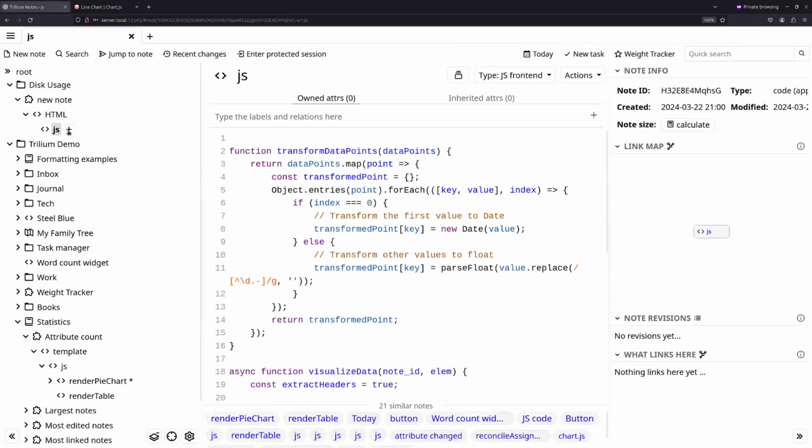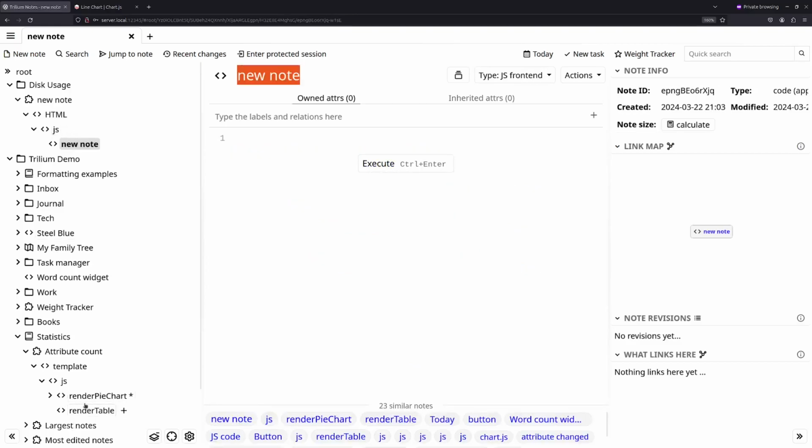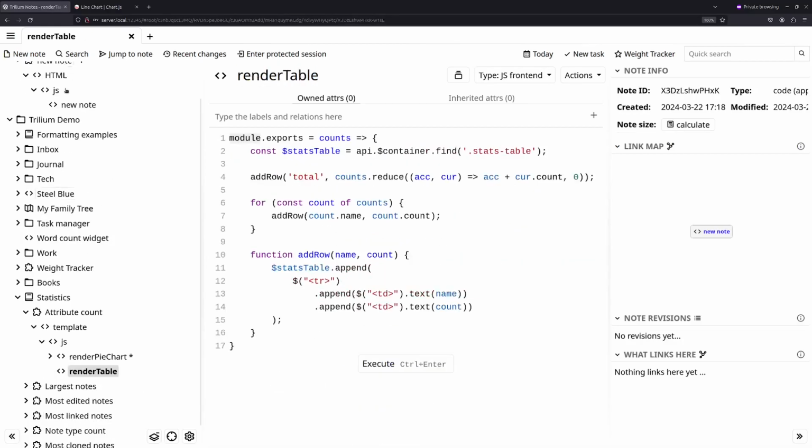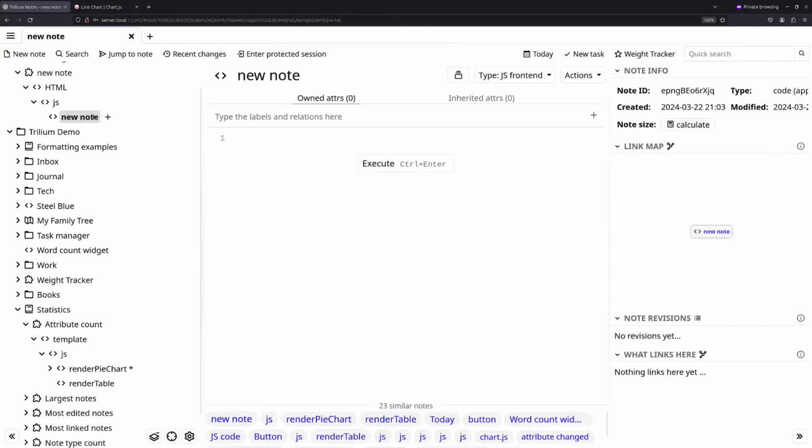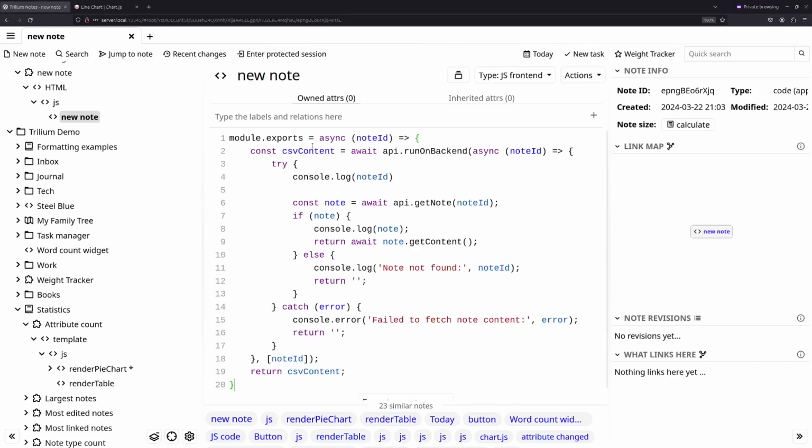And now the next step is to create the files that are like the render table and render pie chart. It will be our own render line chart and other sub-functions. So the naming for these files will be important, because in the JS file we'll be using the names of the nodes directly. So for the fetch node data, we'll be having this function. Just name it correctly, fetch node data,